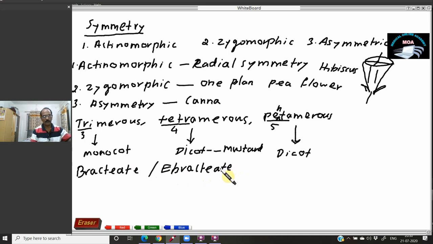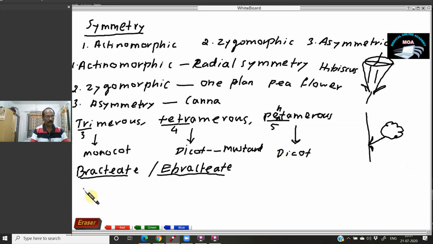So before that, what is actually a bract? Suppose here is the plant, and this is the flower. The flower is arranged here, and this is called the petiole of the flower, and at the base of the petiole you can see a small pair of finger-like structures. It is called a stipule in the case of a leaf. You remember that. In the case of the flower, it is known as the bract. If a bract is present, it is known as a bracteate flower. If a bract is absent, it is known as an ebracteate flower.